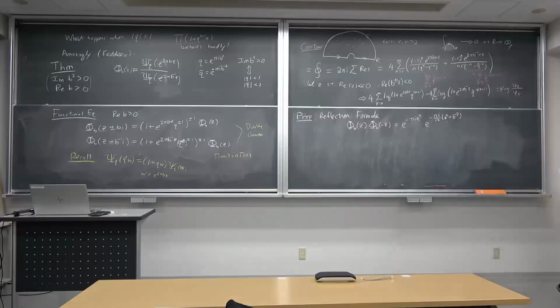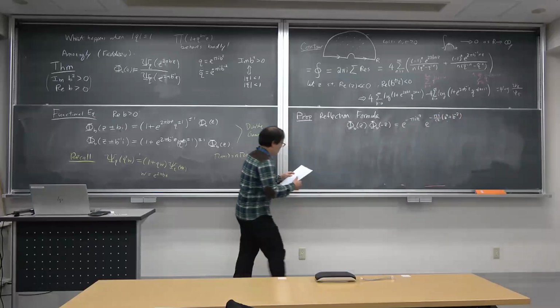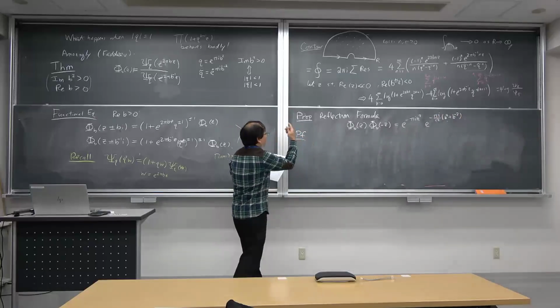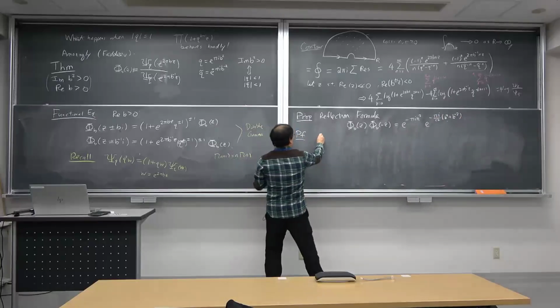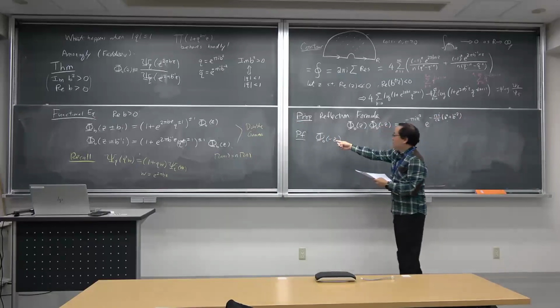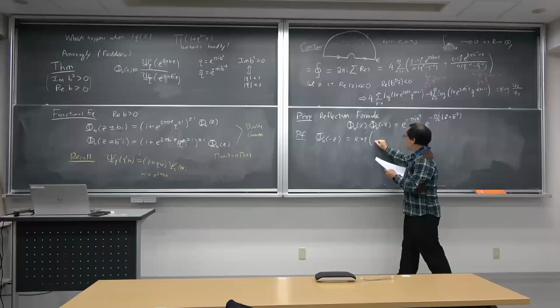So we have this kind of important functional equation, and the proof is really just by calculating the definition, which I just erased. I shouldn't erase that. So if you do minus C, then in the expression that I just erased, it